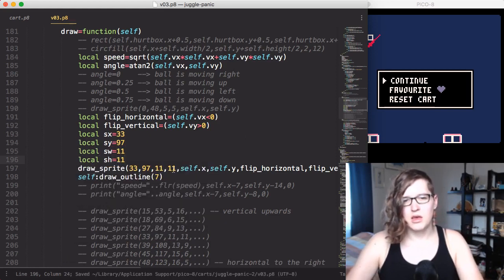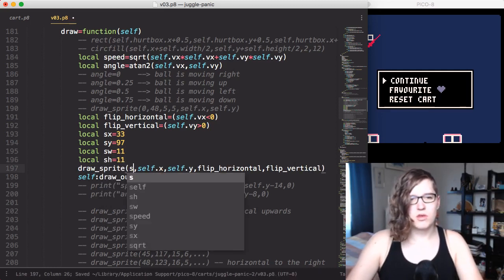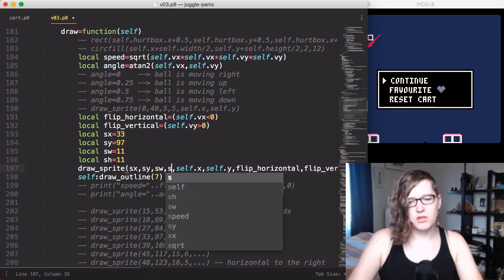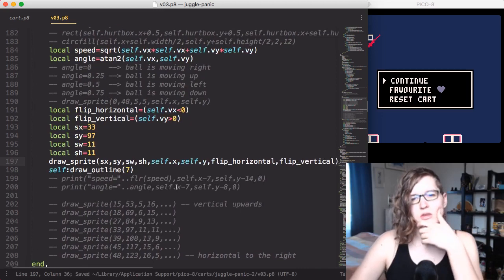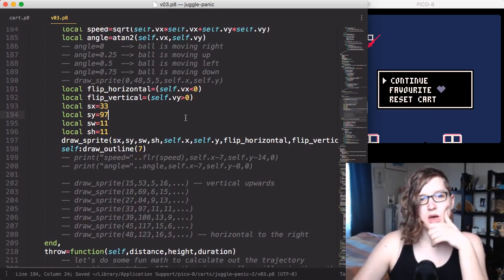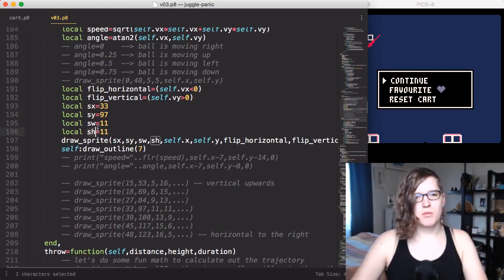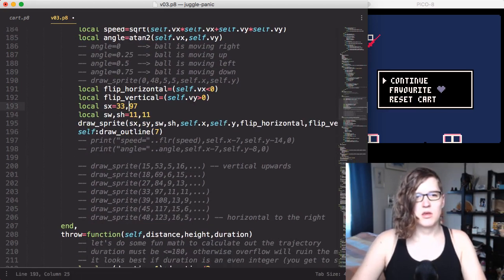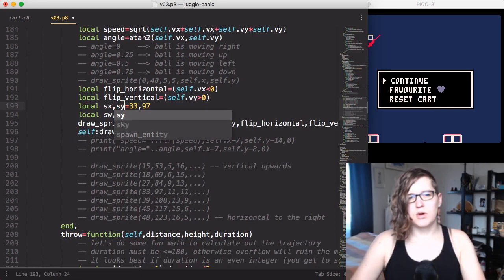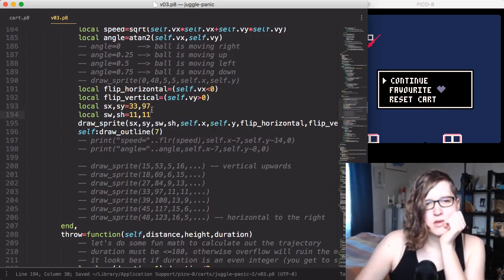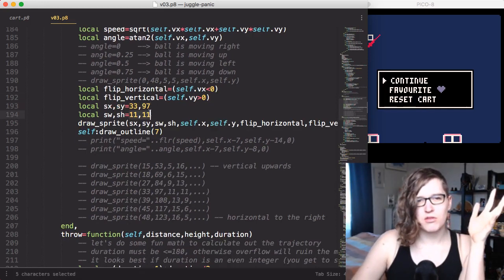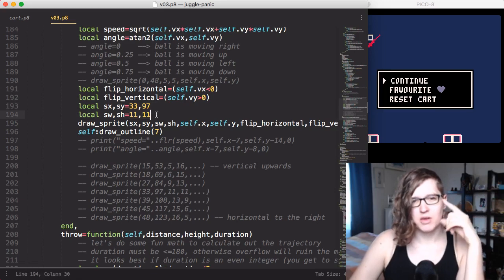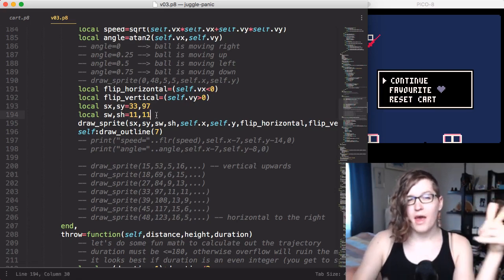Let's say the X and Y position in the sprite sheet, the width and height, taken from the sprite sheet. Self.x, self.y. This will be doing the same thing. Do it like this. SY. So the position to take from the sprite sheet, how large of a rectangle to take from the sprite sheet. And then